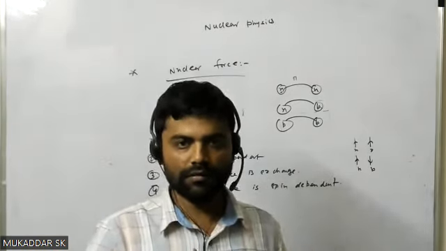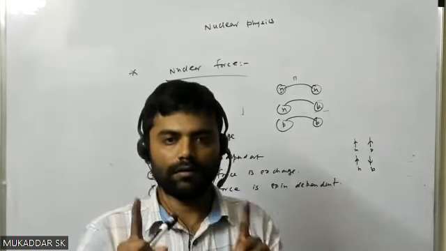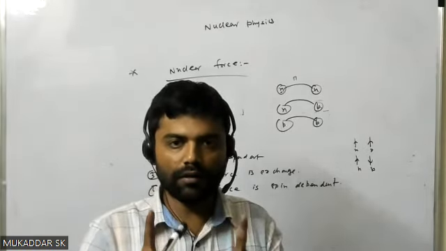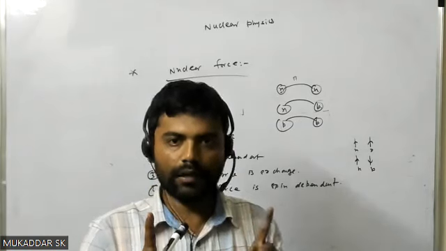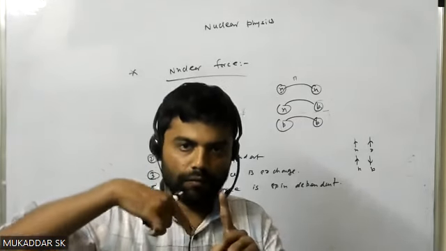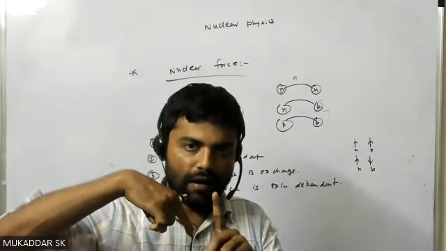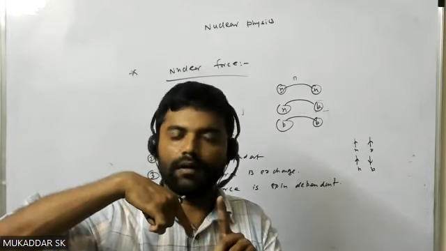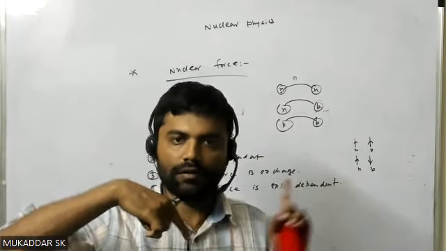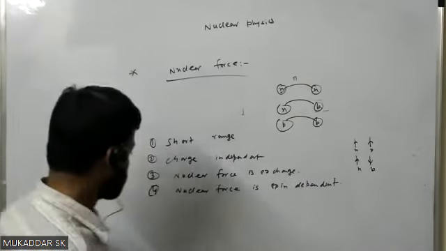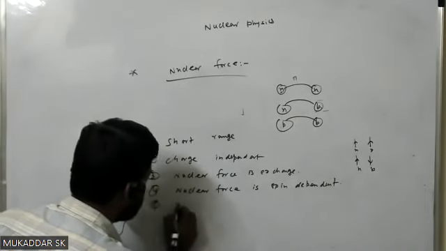So inside the nucleus you have nucleons. If two nucleons have spin parallel, then nuclear force will be large. If two nucleons have spin anti-parallel, then nuclear force will be small. That's why it is called spin dependent. This is also called nuclear force